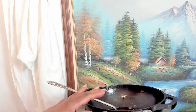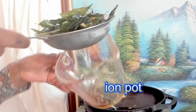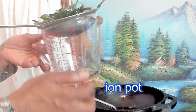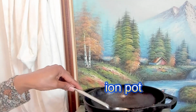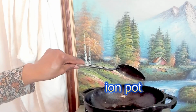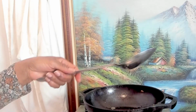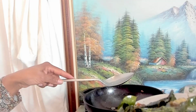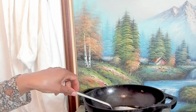Pour the oil from the bag to the iron pot, remember that, okay? But you're still going to have some oil left dripping there. You're still going to use it later, okay? But now look at the way the oil has already started to get darker, okay? Remember, the oil gets the iron from the iron pot, plus those two ingredients, the vegetable and the leaves we are using, when they release the enzyme, okay? Now the magic